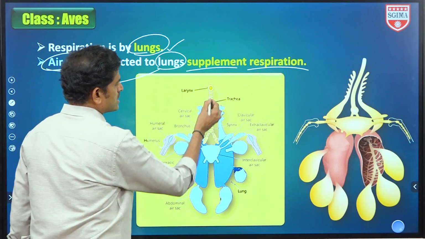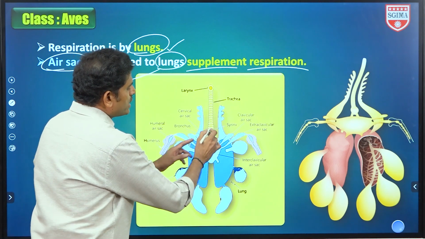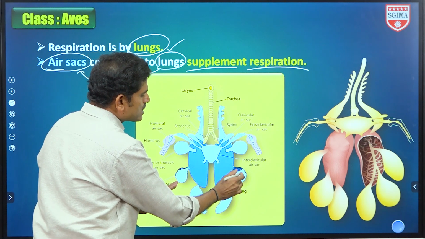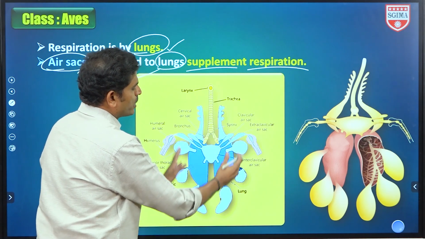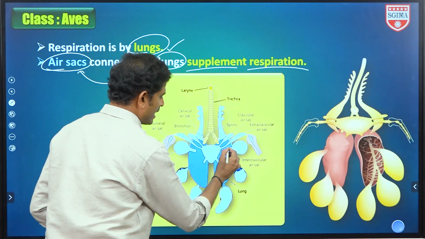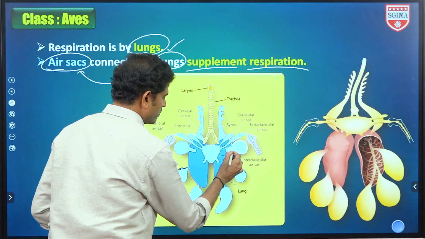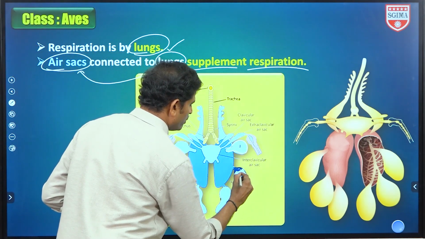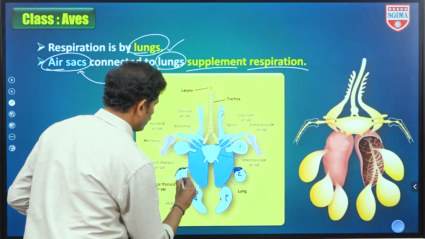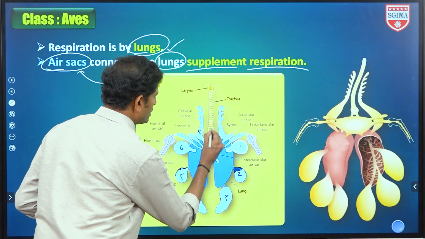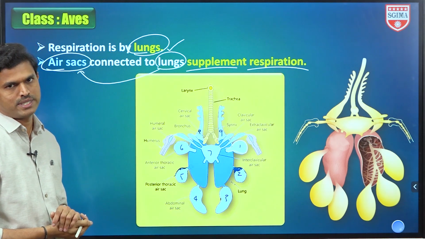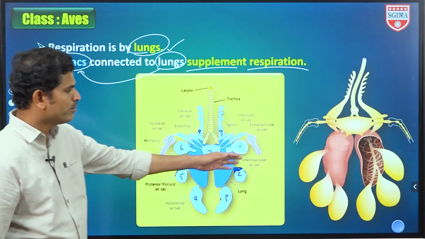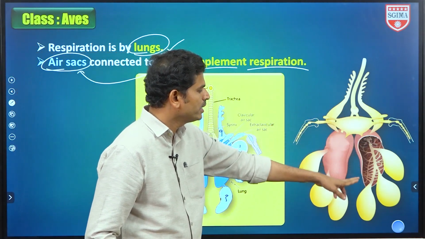So this is the larynx, trachea, ये पूरा. So this trachea opens into air-sac-like structures, which are nothing but lungs. ये lungs से फिर भी number of bag-like supported structures, these are actually called air sacs. So these air sacs, totally 9 will be present: 1, 2, 3, 4, 5, 6, 7, 8, 9. These 9 air sacs will be connected to the lungs.